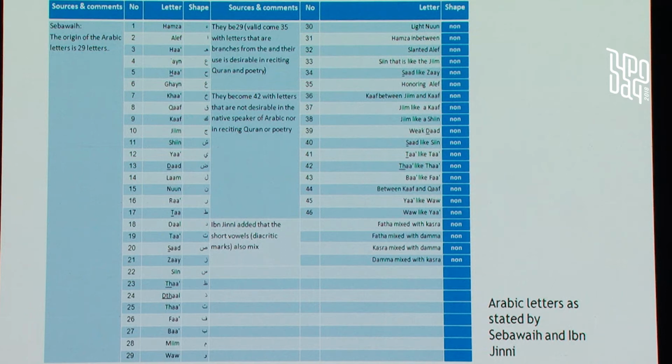They consider the lam alif as a letter. And at that time, they didn't have the hamza. So they are 29,